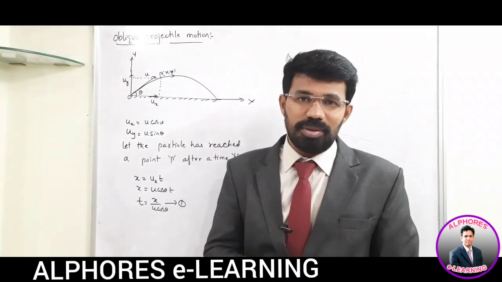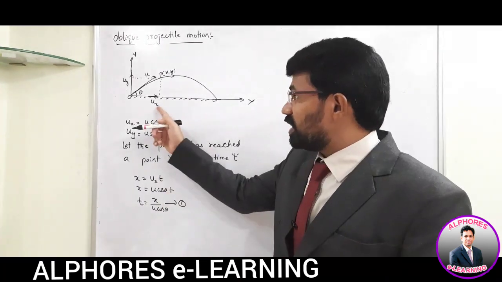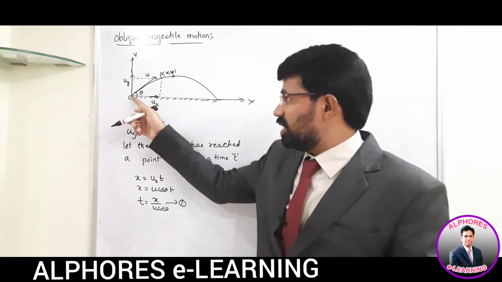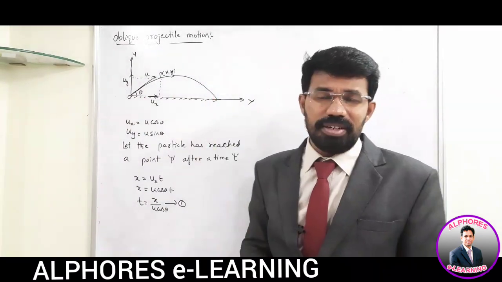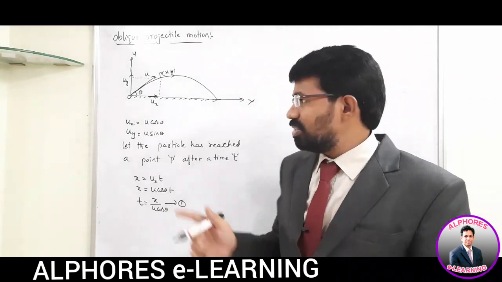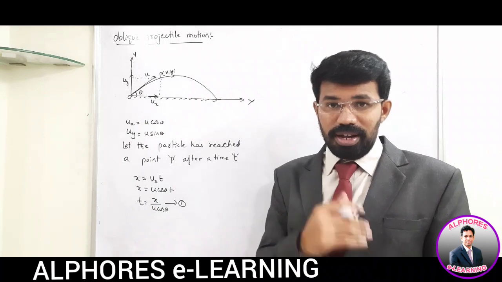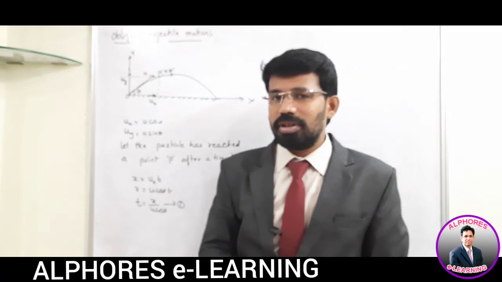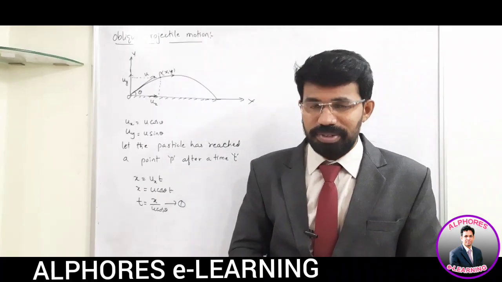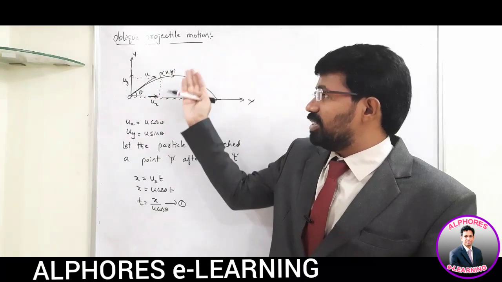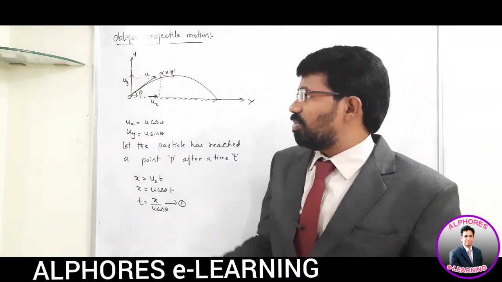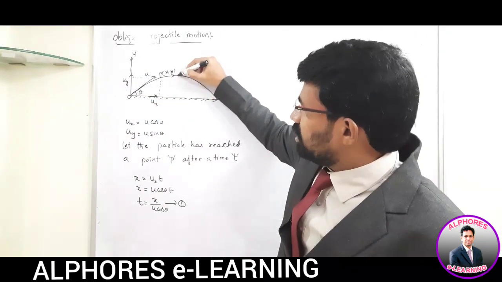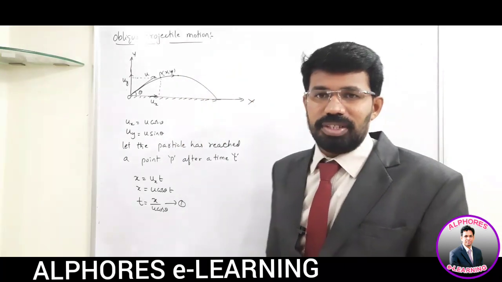This is a very, very important point connected with the oblique projectile. Whatever horizontal component of velocity is there, it is constant throughout the motion. So whether you take it here or here or here, everywhere, the horizontal component of velocity will be constant, which is equal to u cos theta. But the vertical component of velocity, uy, is being controlled by acceleration due to gravity or force of gravity. So when the body is projected like this, the vertical component of velocity is trying to take the body vertically upward, but it was not able to go beyond this point. This is the maximum vertical distance that it was able to cover.